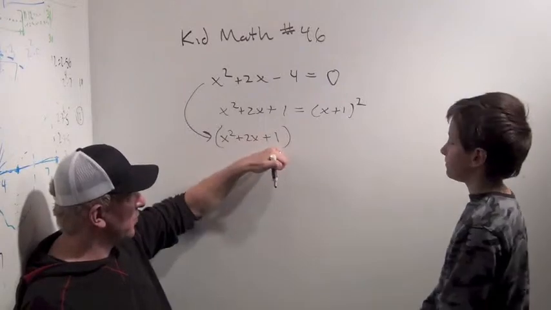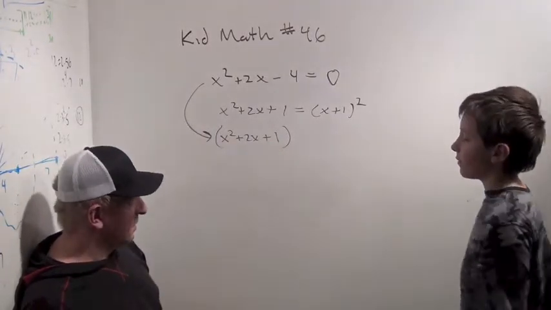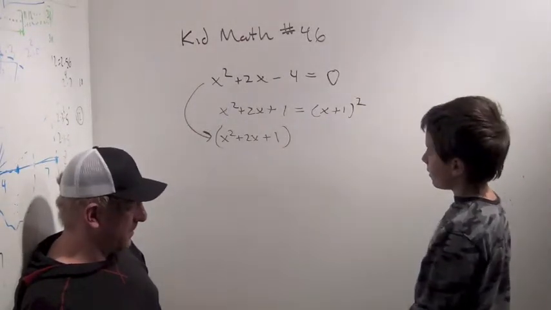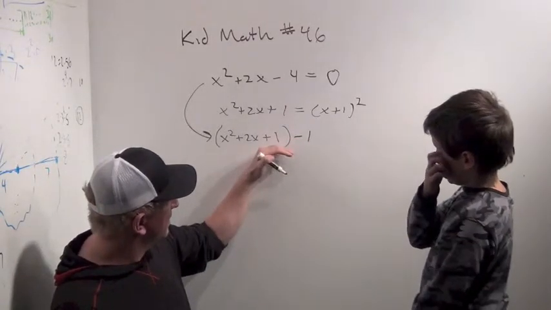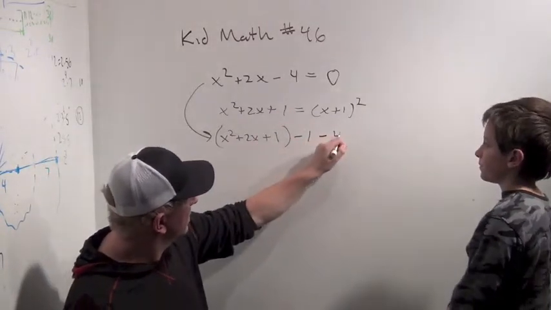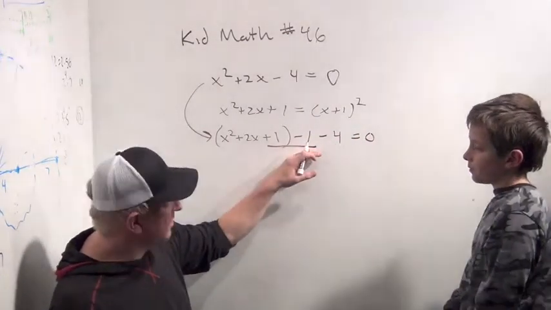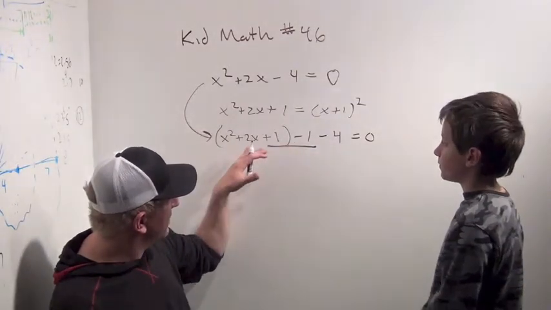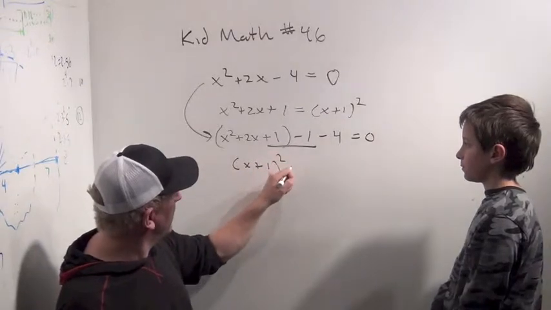Now, can I just add 1 willy-nilly? No. What do I have to do? You can add 0 though. I can add 0. Or multiply by 1. Yeah. So you have to do a minus 1. So I need to subtract away this 1, and then I have my minus 4. So all I did was add plus 1 and minus 1, which ends up meaning I added 0. So I simplify this equation by quite a bit though, because this becomes x plus 1 squared